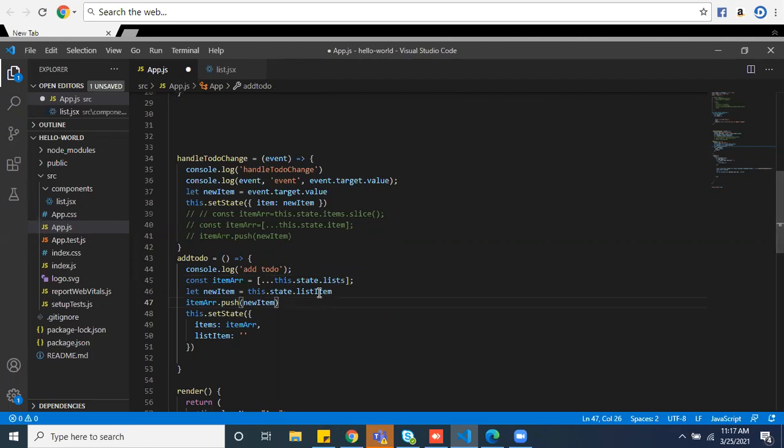List item. Yeah, small item. Now items equals to item array. Is that items or lists when you are setting it? Lists. Just lists. Right.